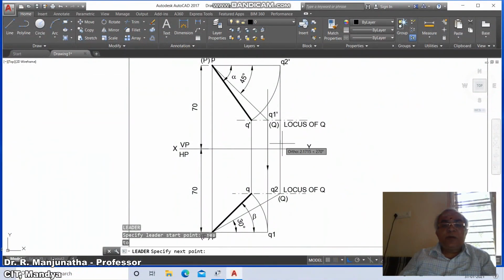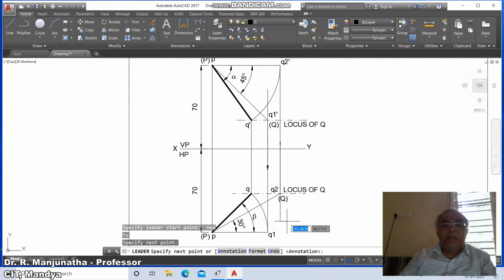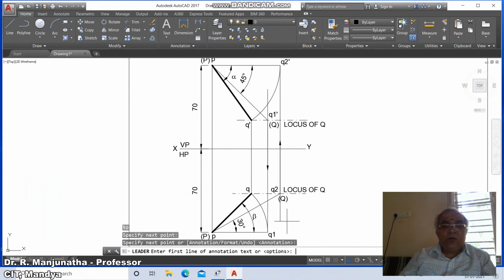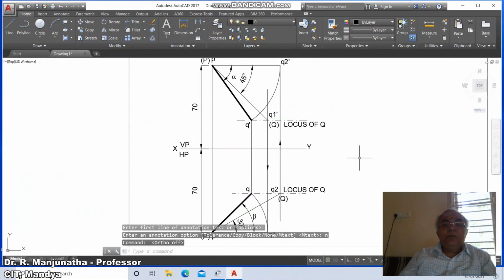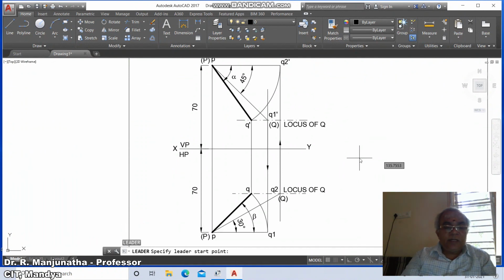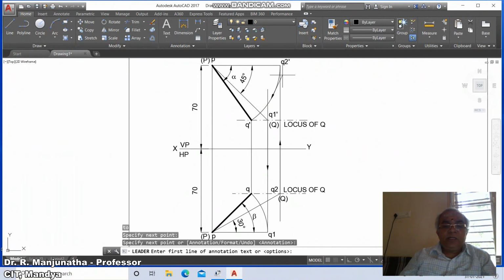You take the nearest point on this and drag it on this side and take annotation, options, none. Then again put off the ortho mode. So once you do that, go to leader, type nearest on this, you drag it and place it wherever you want. Annotation, options, none.